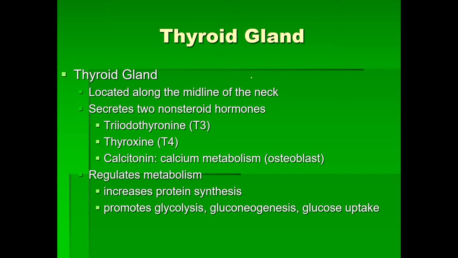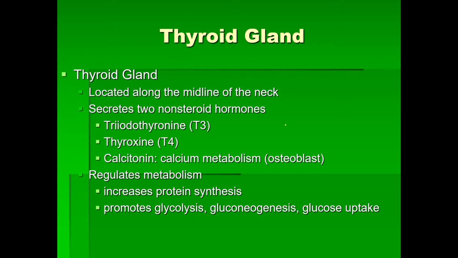But keep in mind, the largest gland of the human body is the liver. The largest endocrine gland is the thyroid gland. Furthermore, this thyroid gland is located in the region of the neck, especially in the midline of the neck area, and